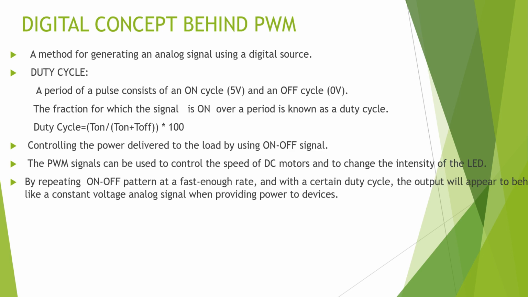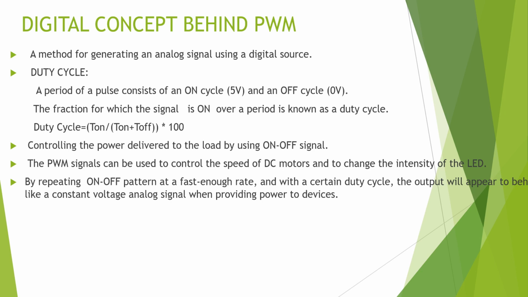Now first try to get the concepts. Once again, this is a difficult topic for you if you do not belong to embedded systems, but I am trying to give you some information. Let me give you an example. Suppose you have any LED or bulb. For glowing, what are you supplying? You are supplying the constant voltage. In case of LED, 5 volt you are supplying. What is the status of the LED? It is glowing, always on. Okay, fine. Now, if you supply the ground, 0 volt, then what happens? It is off. Now you tell me, if I supply just half, that is 2.5 volt, then what happens?